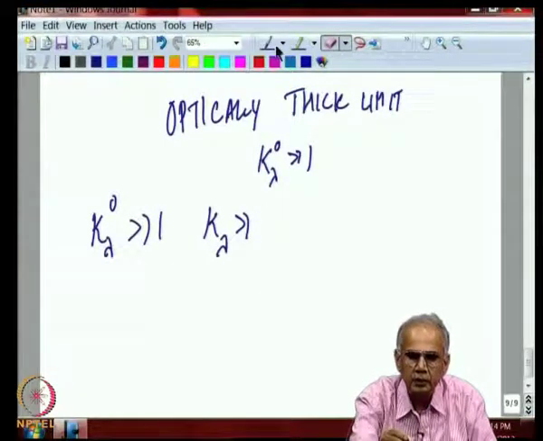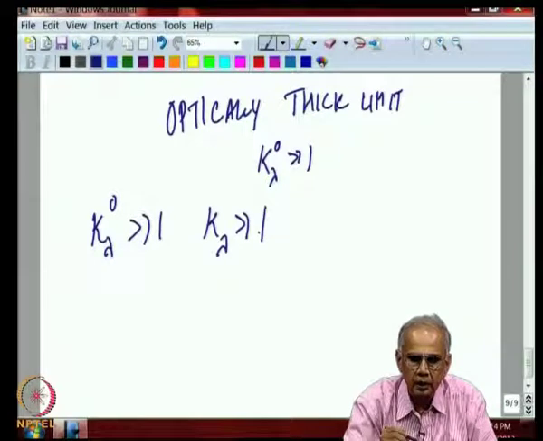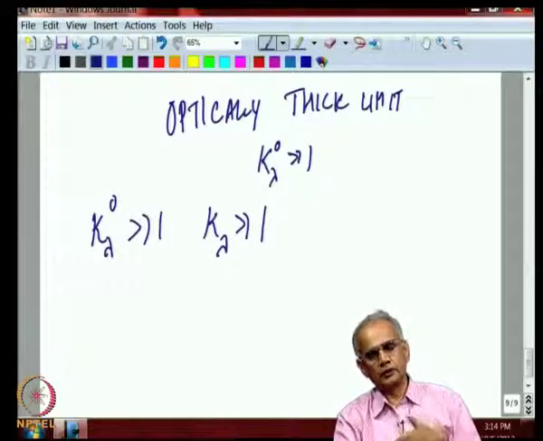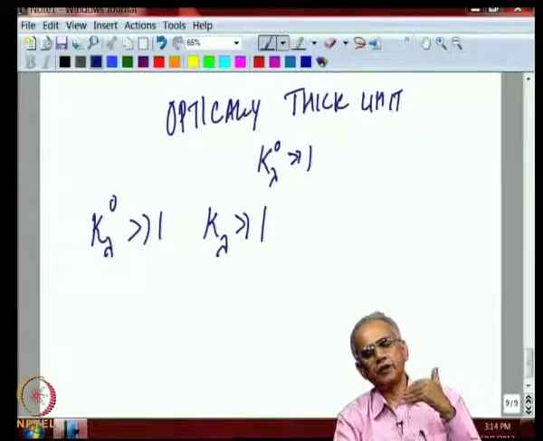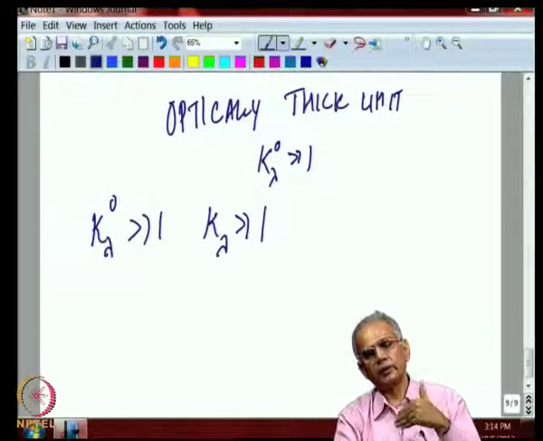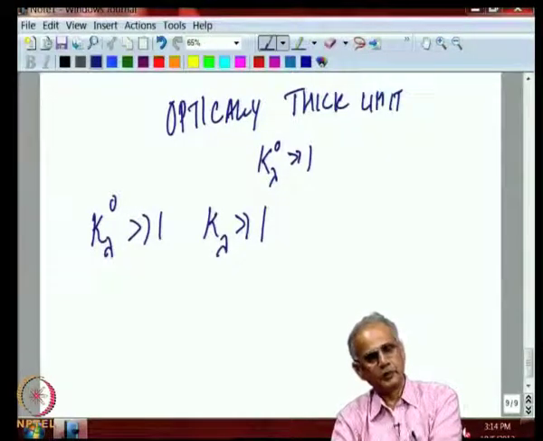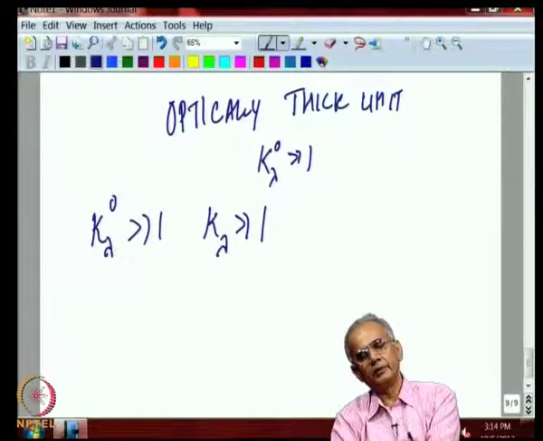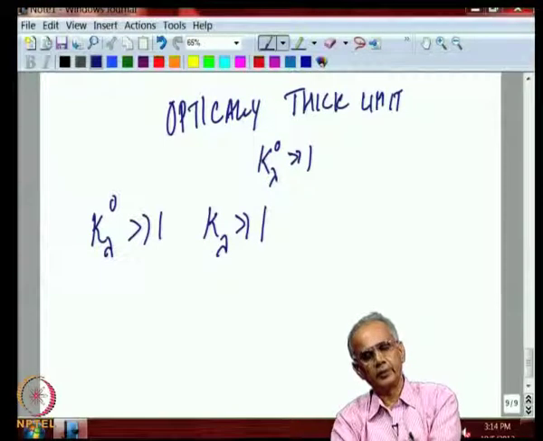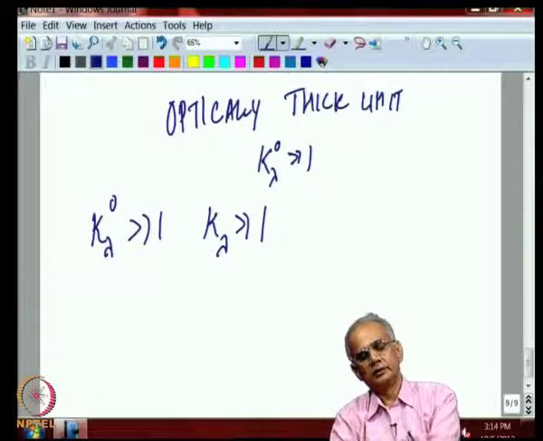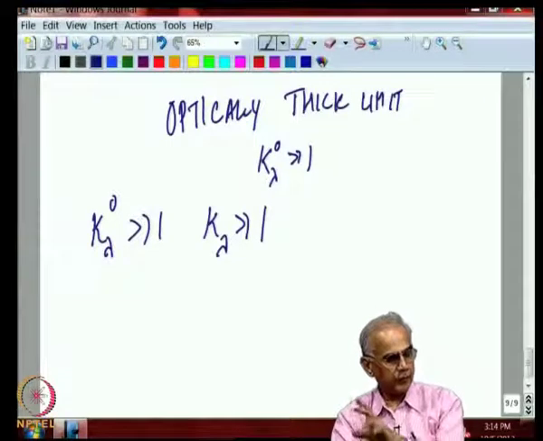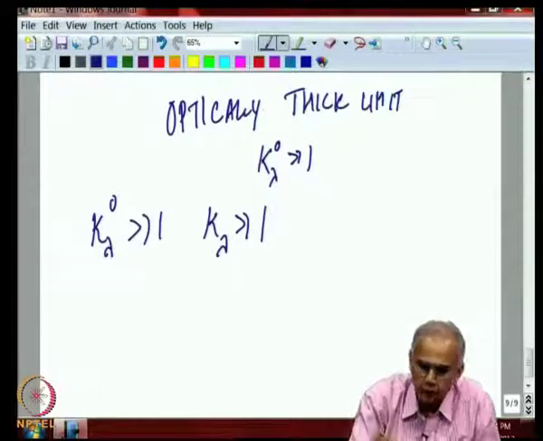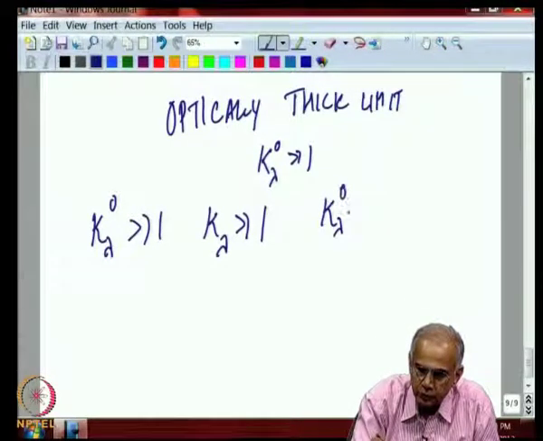which translates to the fact that our kappa lambda, we are going to look at the distance from the wall, are sufficiently far away from the wall that you can invoke the thick limit. So, when you get a thick limit, we will get a simpler equation, but remember that somehow you have to get the information about the value of kappa lambda. Without that, we cannot proceed further. Now, once you assume this, it automatically follows that this is also true.